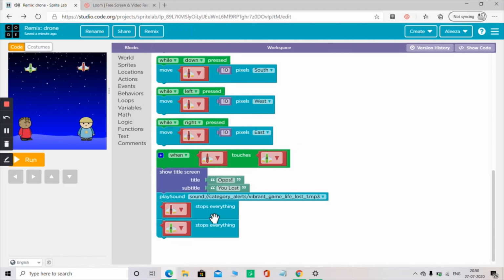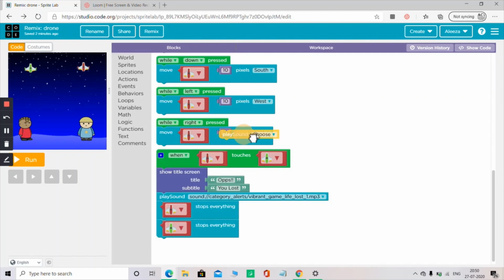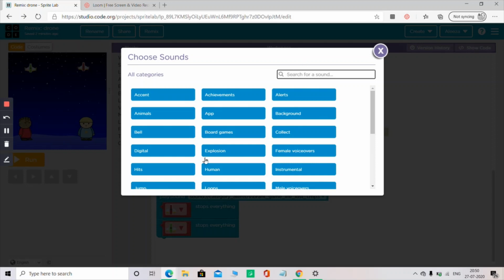So now then play sound. If you want, you can add play sound. Here is the play sound. If you bring it down, you have an option to choose. You have to click on choose, and there are many options.